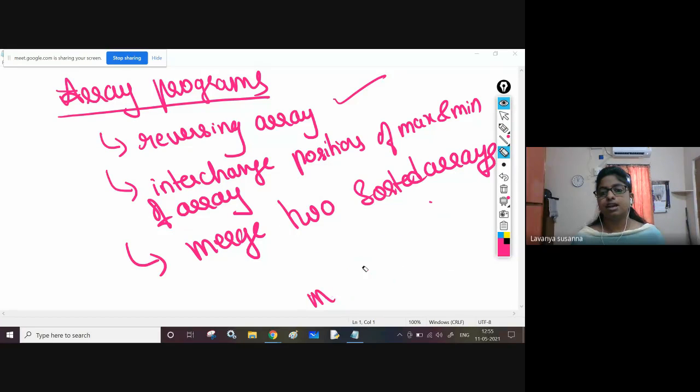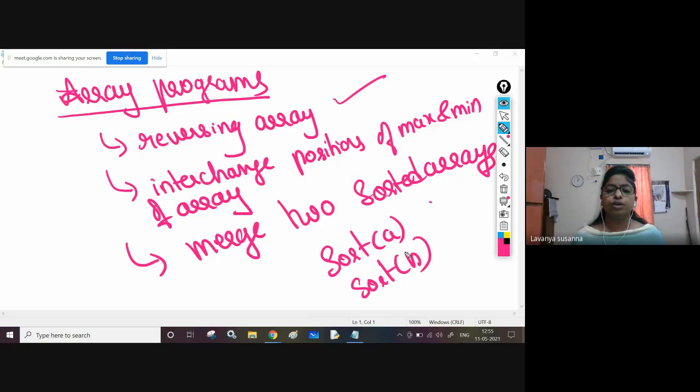Next, you need to combine two sorted arrays. To sort the array, sort of A, sort of B. Now, if you want to merge, just use concatenate.